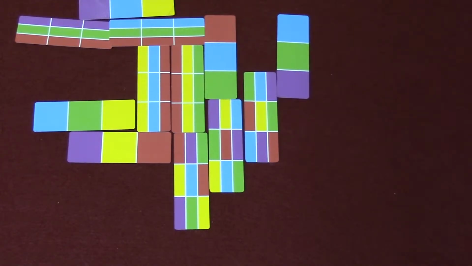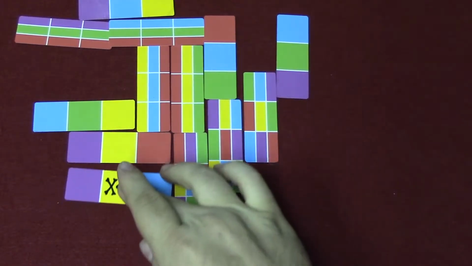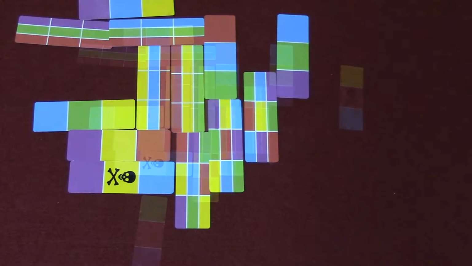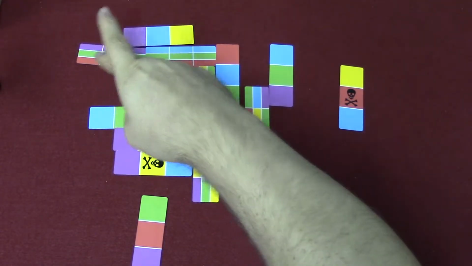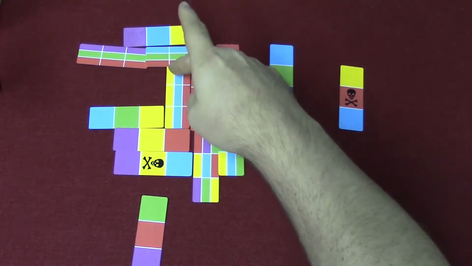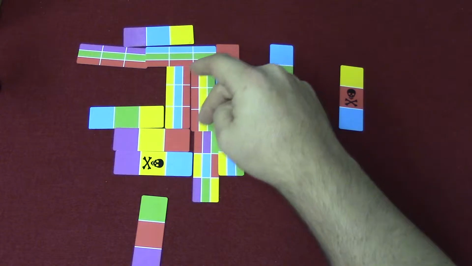But players also have the opportunity to poison somebody else's line, blocking them from collecting those points. At the end of the game, the player with the longest continuous line will be able to add points for that type of color, and then once you add up all your points, the player with the most points wins